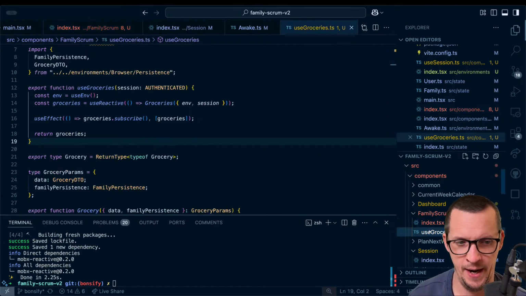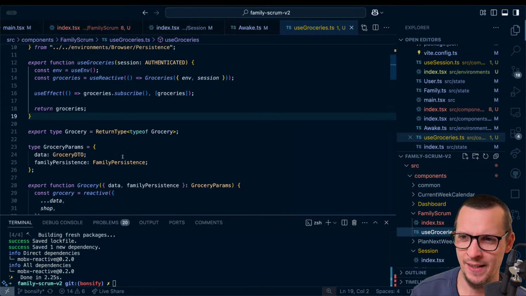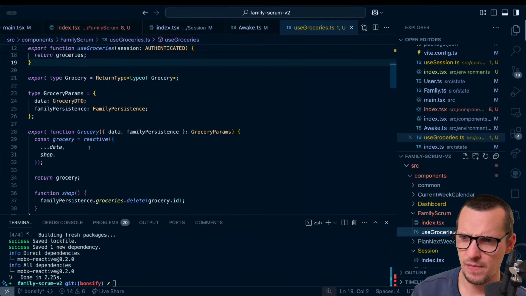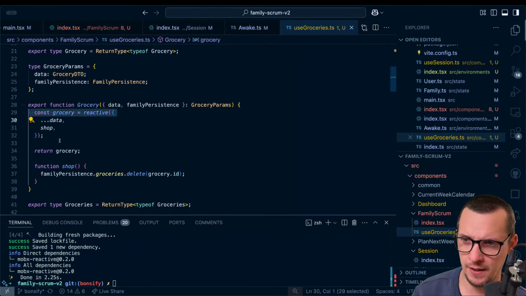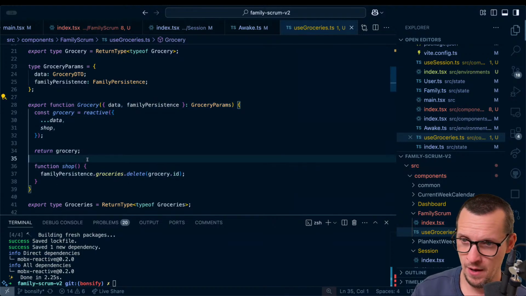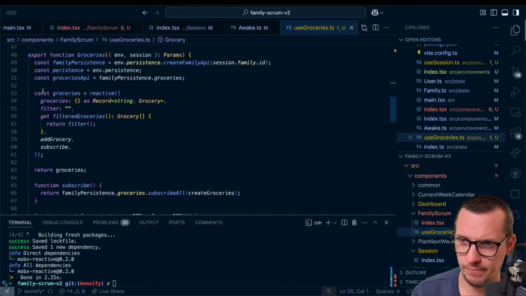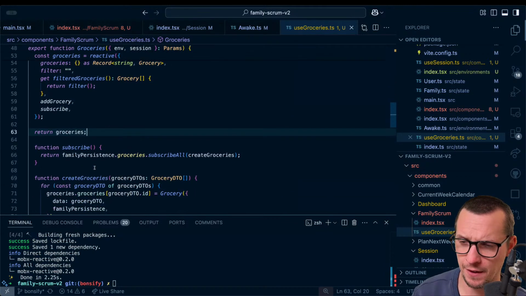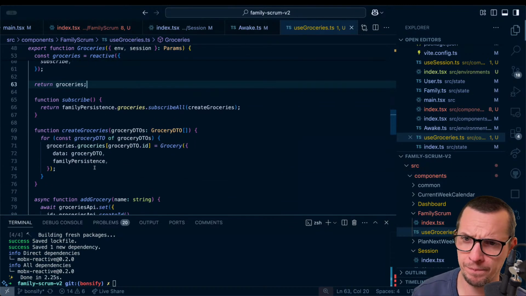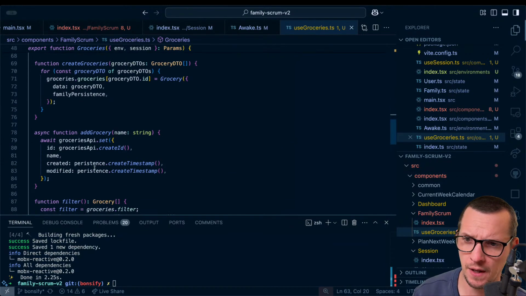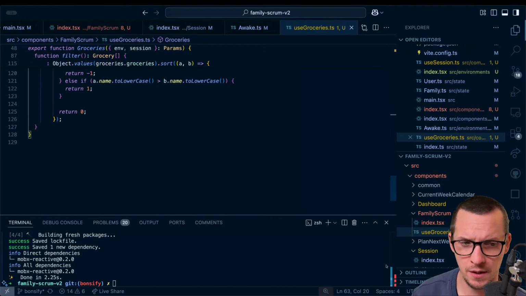What's nice here is that I have nested state. So I have grocery, which takes the data, and it has the ability to shop that thing. Then I have the groceries with the filter and everything. And it's all just here, which is nice.